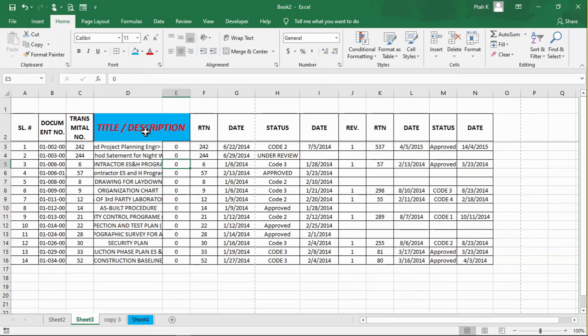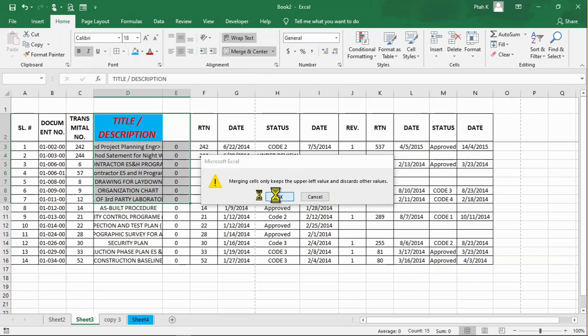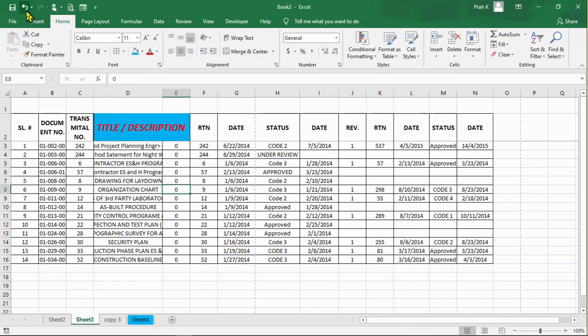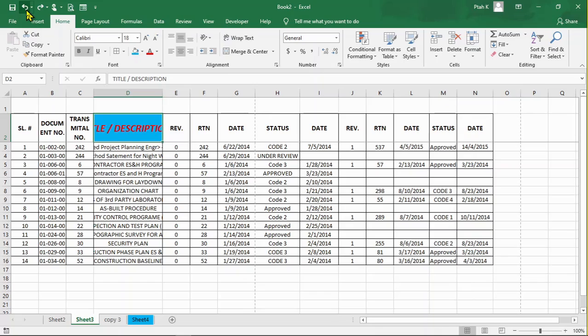If I want to merge cells more than one going downwards, I will highlight, then click this arrow on the merge and center and click merge across. You can see how it works. Let's move back to how the information was before. Yes,